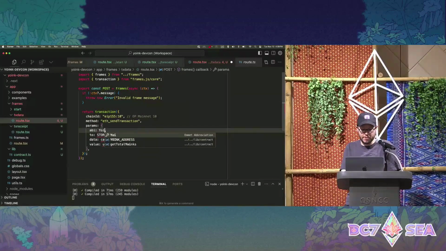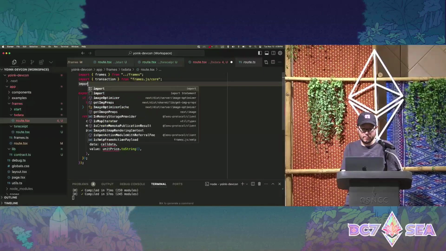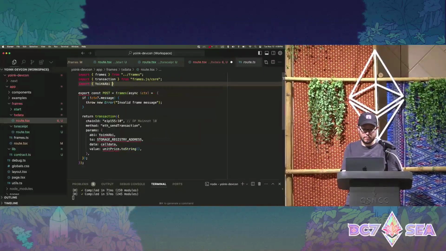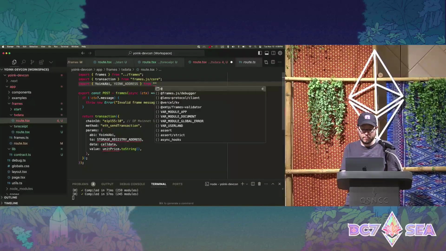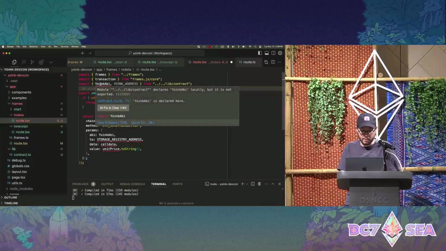Okay, so in our case, we're going to use the Yoink ABI. So yeah, we'll just pull in these constants that we defined in there.